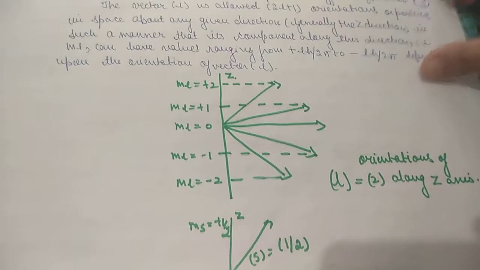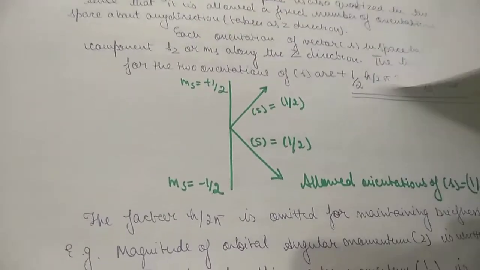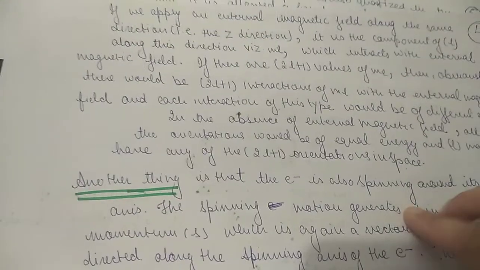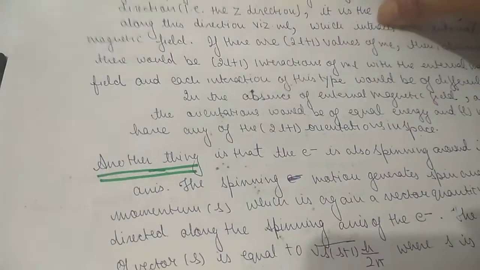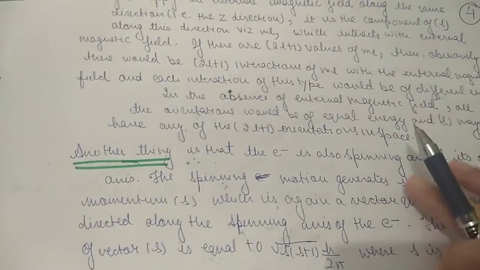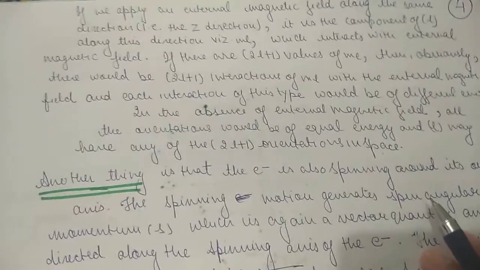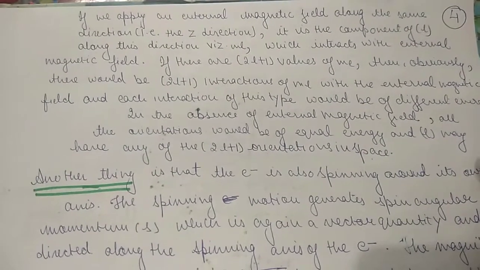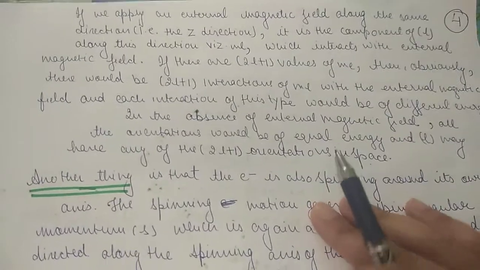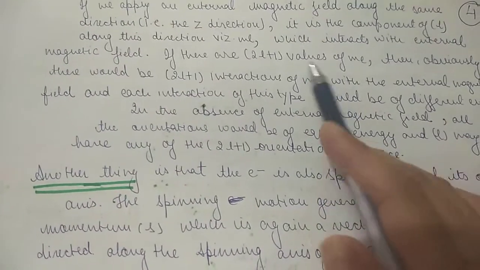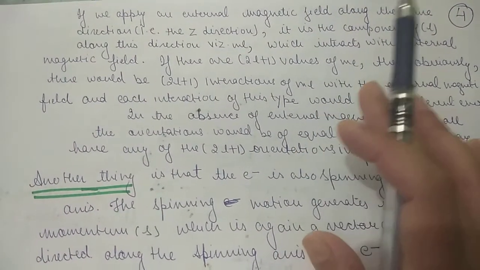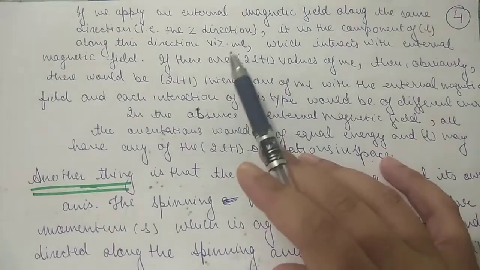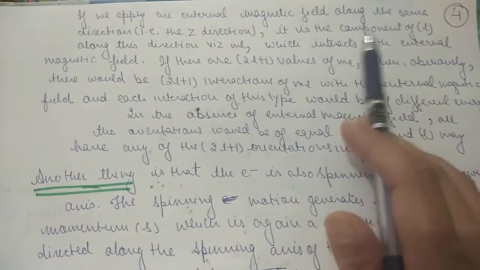So this is for L equals 2. Now, if we apply an external magnetic field along the same direction, that is the Z direction, please pay attention here. These orientations were there when the external field was not applied. Now if we apply an external magnetic field along the same direction, that is the Z direction, it is the component of L along this direction,